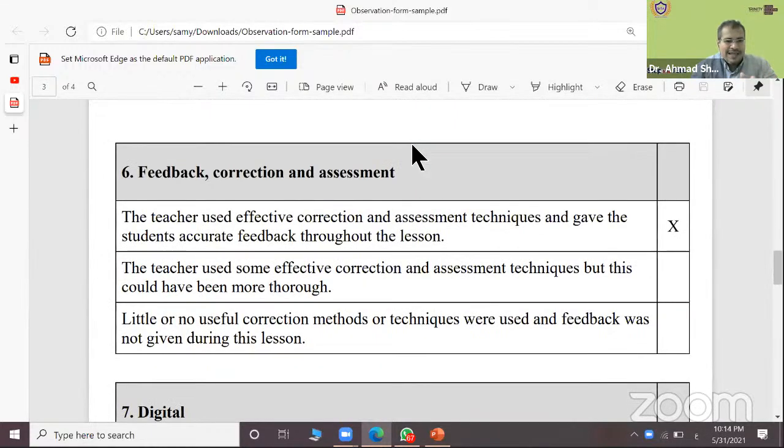feedback, correction, and assessment. Do you, as a teacher, provide enough feedback or correct feedback for your students? Do you correct them in a good way that guarantees the learning, that helps them to be more fluent in the language?